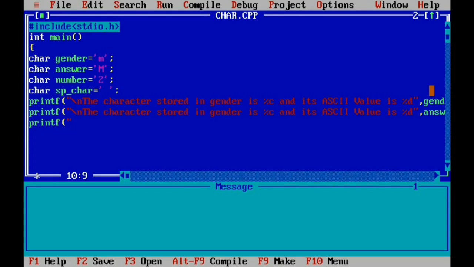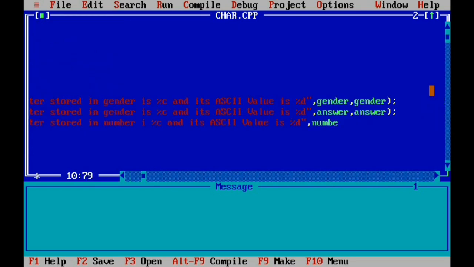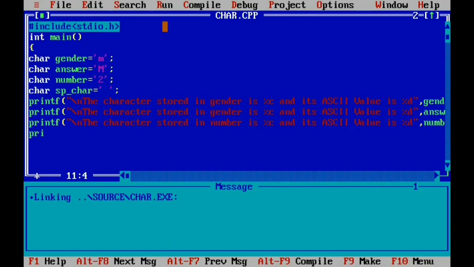quote, then backslash n for next line. The character stored in number is %c and its ASCII value is %d, quote over, comma, then number 2 times. Now bracket over, semicolon. Now fourth printf statement, write quote, then backslash n, the